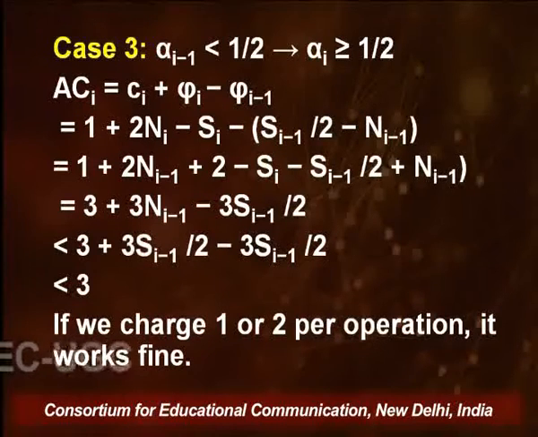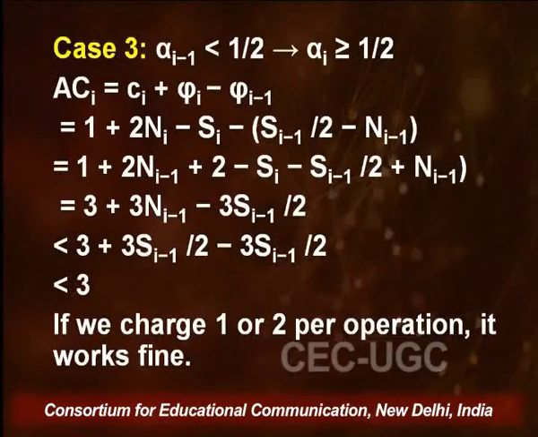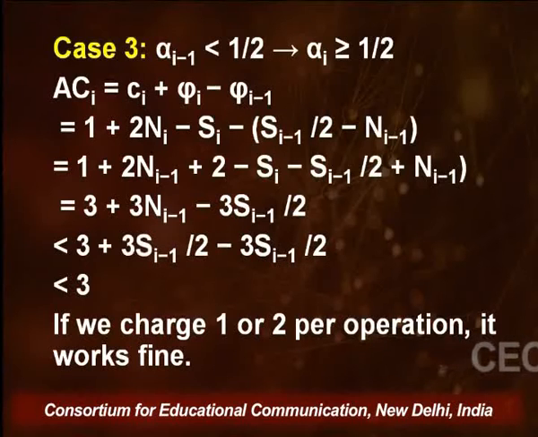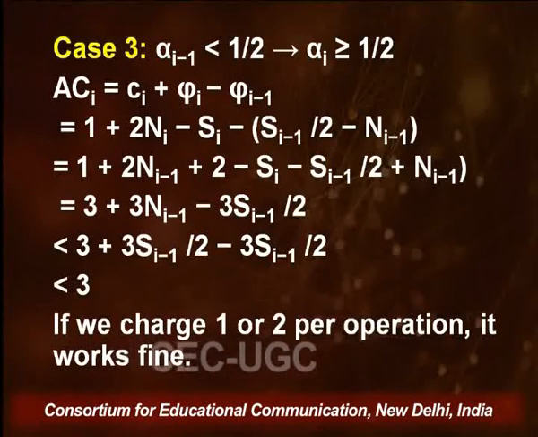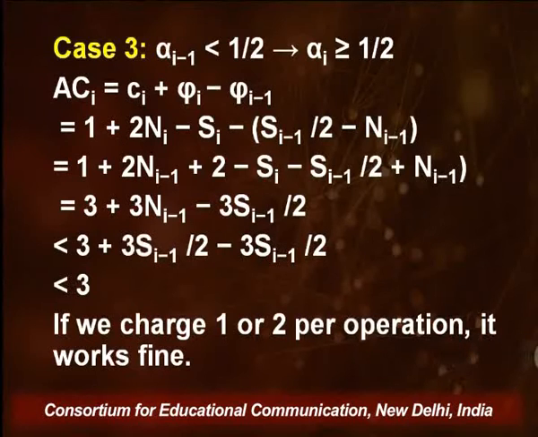Now, coming up to the amortized cost. So, amortized cost is again actual cost plus potential difference. So, potential difference is phi of i minus phi of i minus 1. Now, please keep in mind that phi of i is the condition where alpha is greater than or equal to 1 by 2, while phi of i minus 1 is the condition when alpha was less than 1 by 2, and we have put in the terms or calculations of phi i and phi of i minus 1 accordingly.